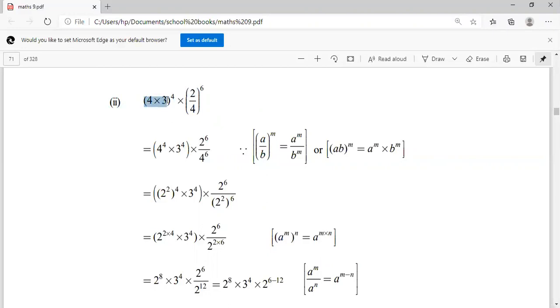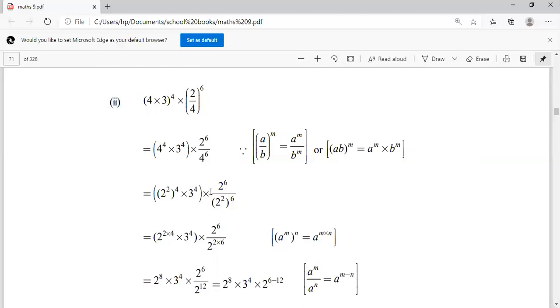this one, (4 into 3) whole to the power 4, as 4 to the power 4 into 3 to the power 4. And using the formula that (a upon b) whole to the power m is equal to a to the power m upon b to the power m, you can write (2 upon 4) whole to the power 6 as 2 to the power 6 upon 4 to the power 6. Now we can see here that we can break down this 4 as 2 square. When you multiply 2 two times you will get 4, so you can write 4 as 2 square. So you will get (2 square) whole to the power 4 into 3 to the power 4